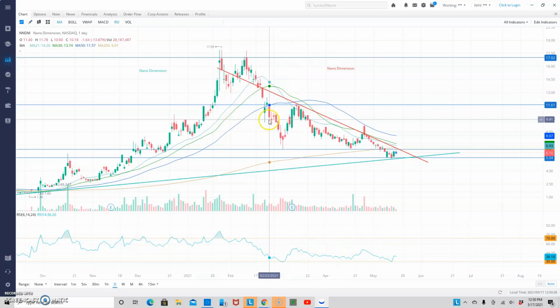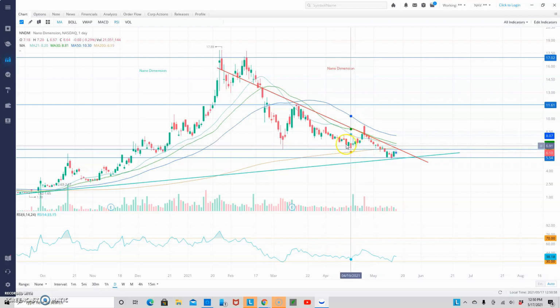We saw a nice little run up after their last earnings report, and we thought we were on the track to get back up to these all-time highs here. But you could see here, we got stopped out on this trend line, this little downtrend line that it's been in, okay? And you saw it get rejected here around the 50-day moving average and the 21-day moving average. So we couldn't break through those moving averages, and then we saw another decline, retesting that low right here of